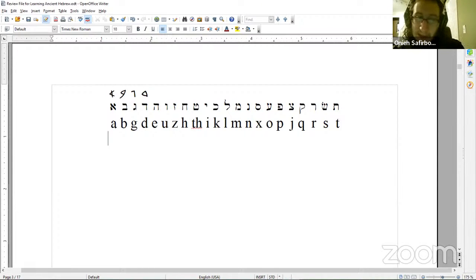And then B, like I said, it can be the same sound as English B, but it can also have the V sound, just like in Biblical Hebrew, where it doubles as both B or V, depending. So you've heard people say Abraham, but you've also heard people say Avraham, and that's because the V is a valid pronunciation of the letter B.